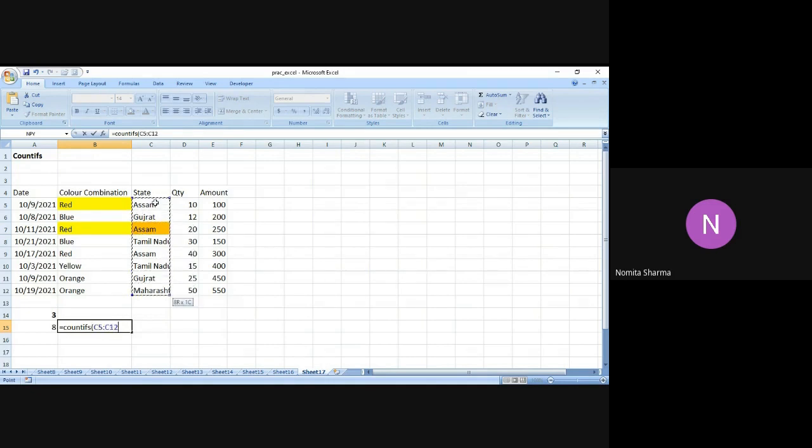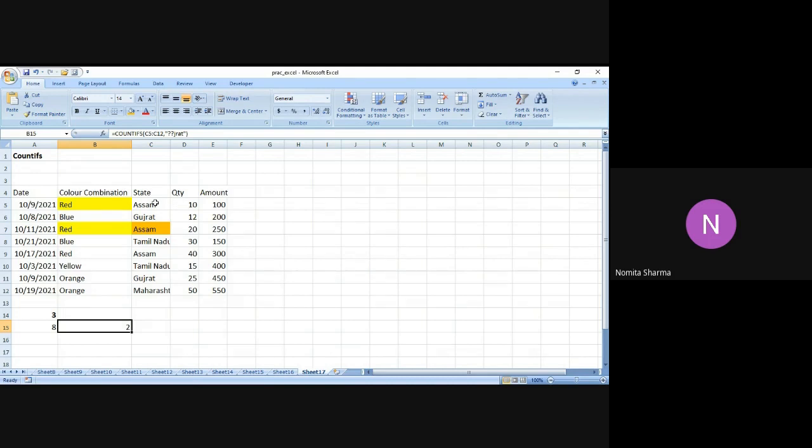So I say COUNTIFS, comma, quotes, question mark, and then the letters I know. It is very unlikely that we do not know the spelling of these states, but there may be a scenario where we do not know the spellings of the whole word.